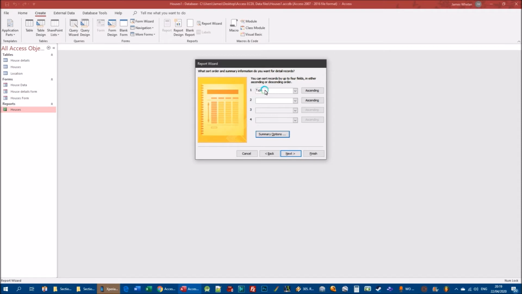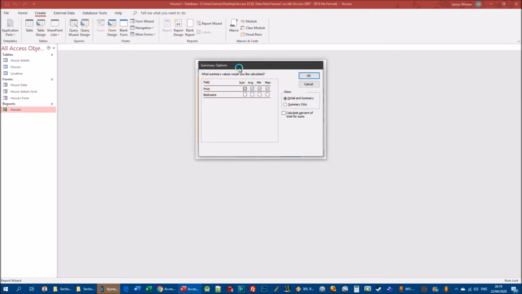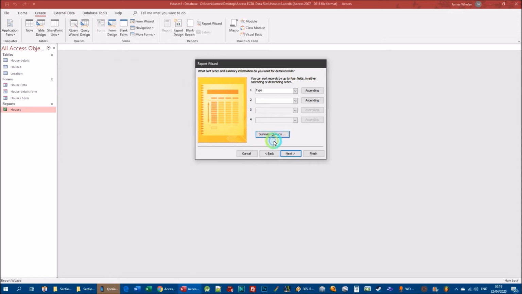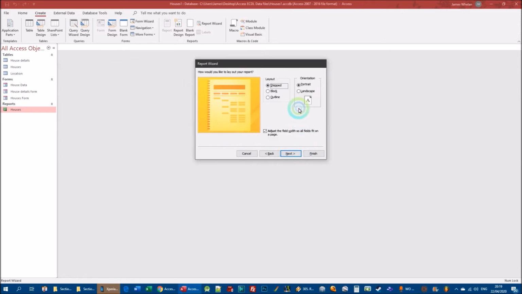My sorting order, I'm sorting the records by type in ascending order, and in summary options I have asked Access to summarize or basically add up the price for each property, the average price, the min and the max. Okay, so the sum for all of the properties, the average, min and max. Click OK. And now I'll click on the next button, and here's where we can choose to lay out the